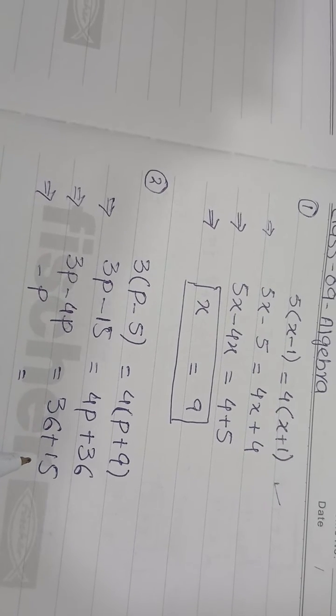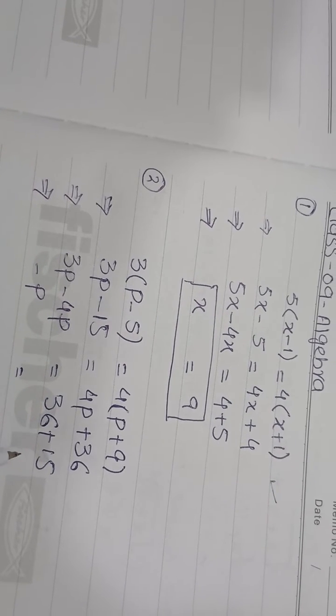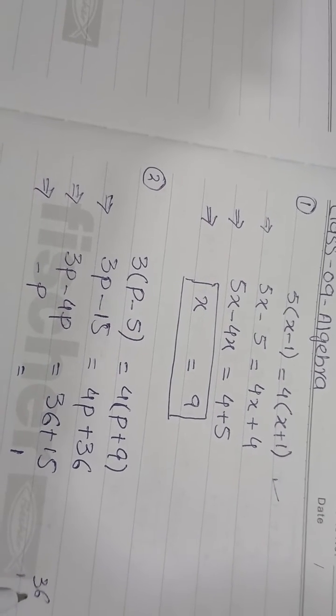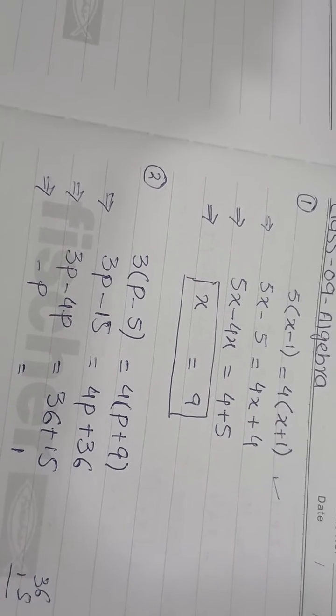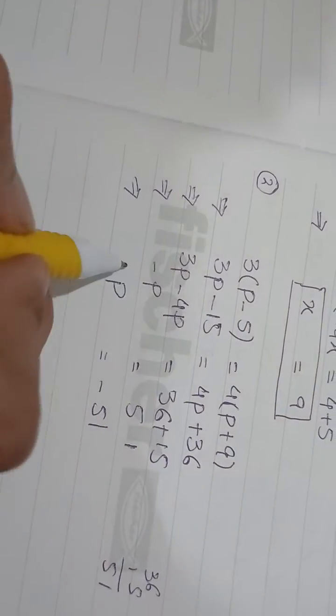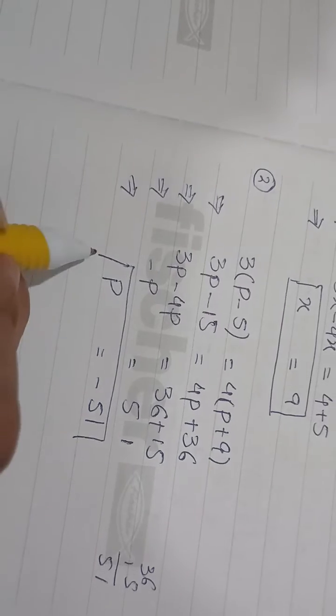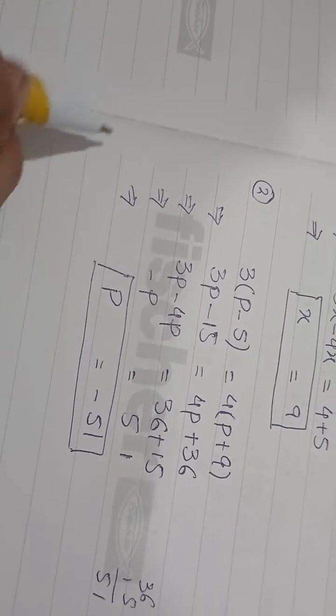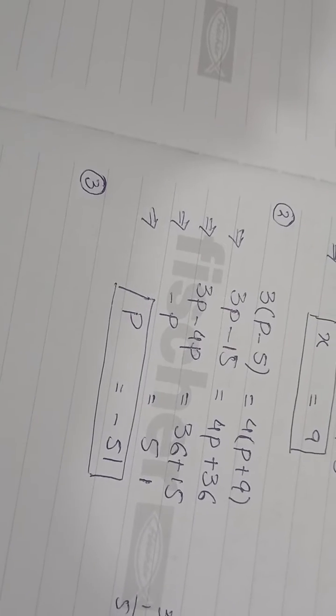36 plus 6 plus 5, 11. This we will combine here, 51. So this minus p will be minus 51. Sorry, here you can see the value of p. We will solve another problem for this exercise,